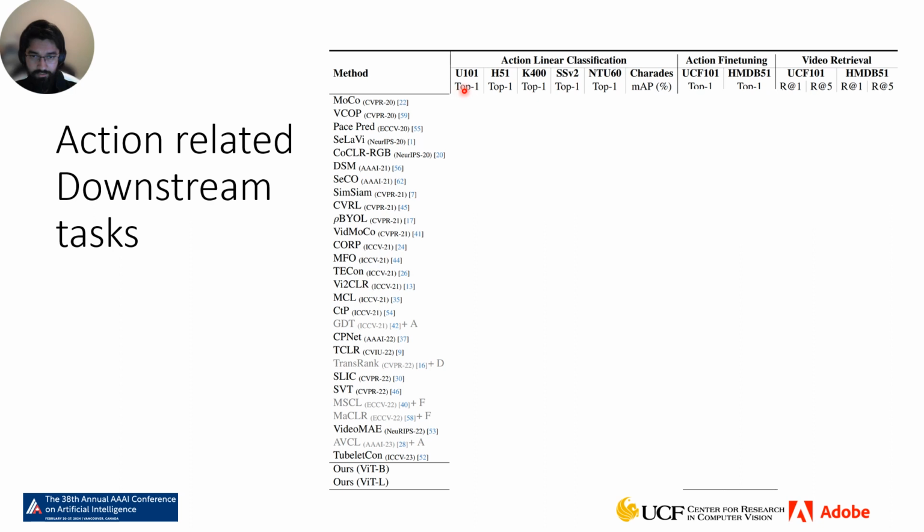And we consider various datasets, for example, UCF101, HMDB, and Kinetics 400, which are collected from the web. Something-Something V2 is basically a human hand and object interaction dataset, and it requires a really good temporal understanding. Then NTU60, which is an indoor dataset, and Charades is a multi-label action dataset.